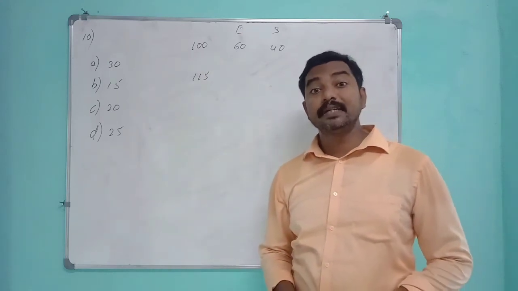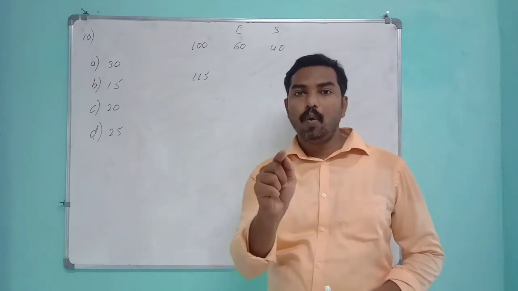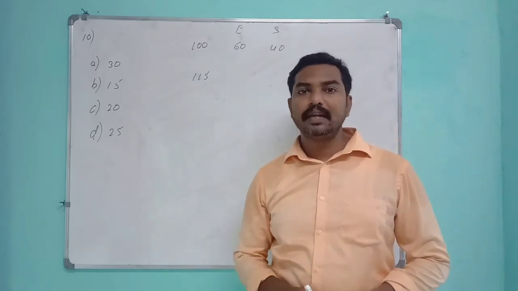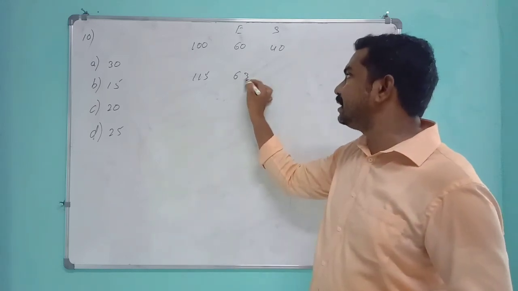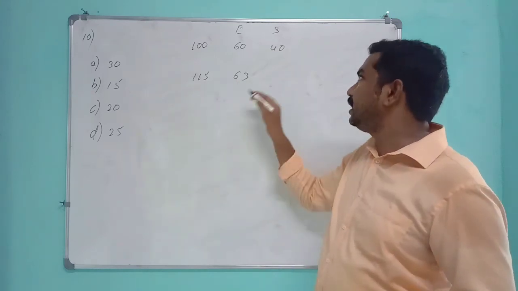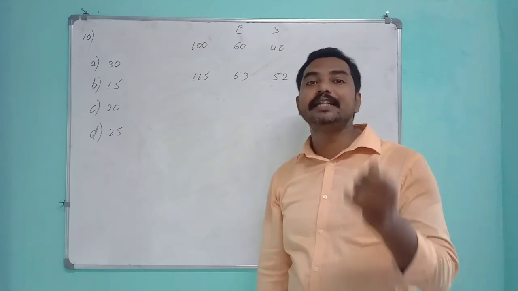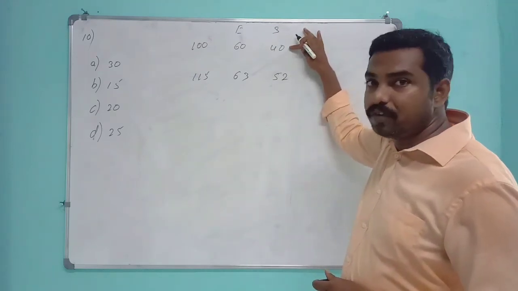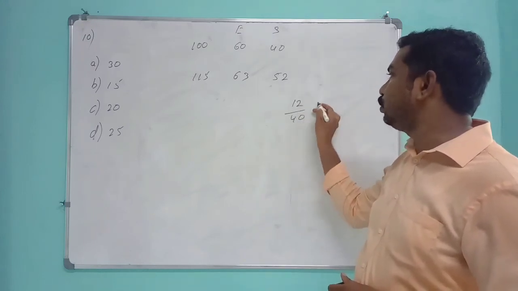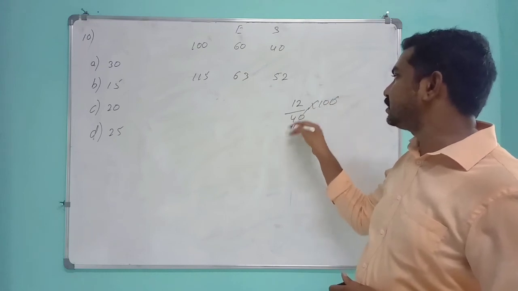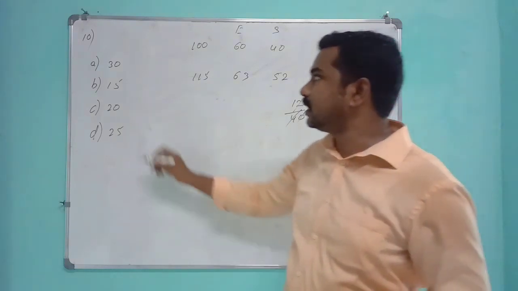His expenditure is also increased by 5% compared to the previous one. 5% is nothing but 1 by 20. 60 into 1 by 20 is nothing but 3 parts. So 3 should be added to 60, that becomes 63 here. So 115 minus 63, his savings are 52 parts. Now he is asking the percentage increase in savings. Earlier savings was 40, now it is 52. The difference is 12, so 12 by initial 40 into 100. The zero gets cancelled, 4 ones are 4, 4 threes are 12. The answer is 30%, savings are increased. That is option A.